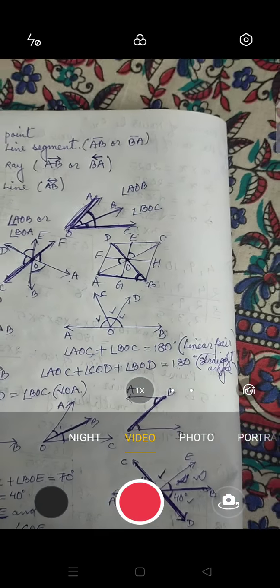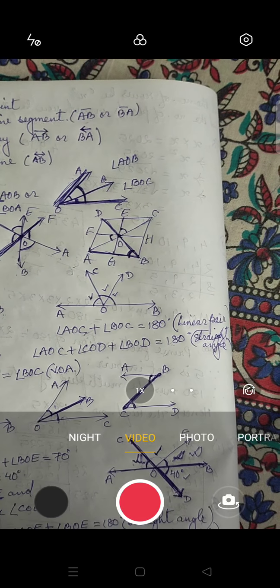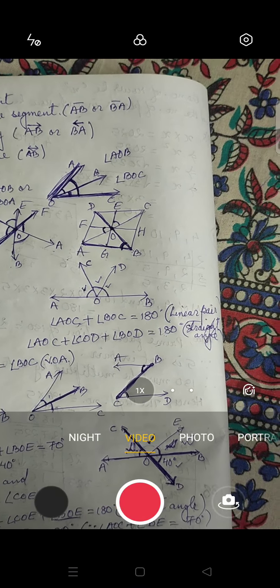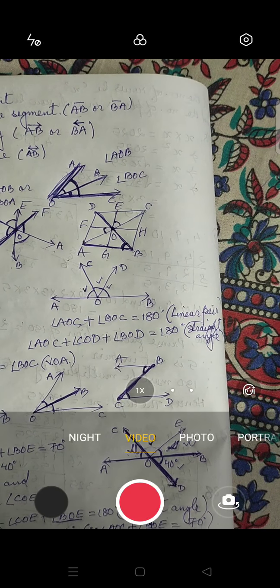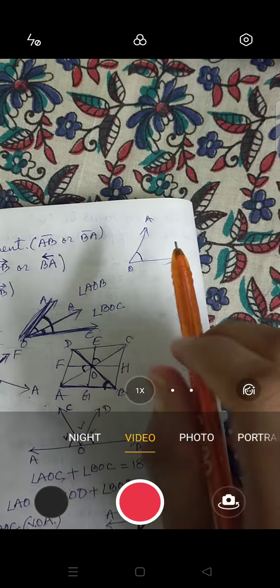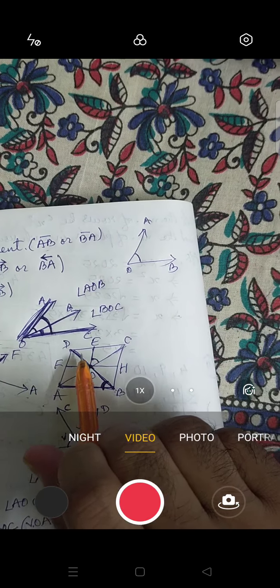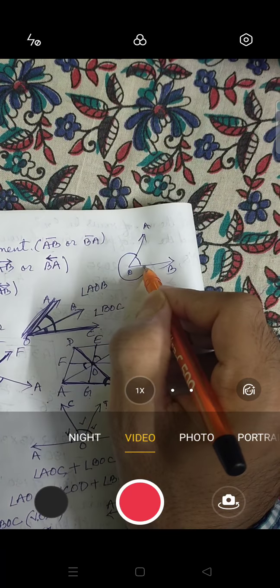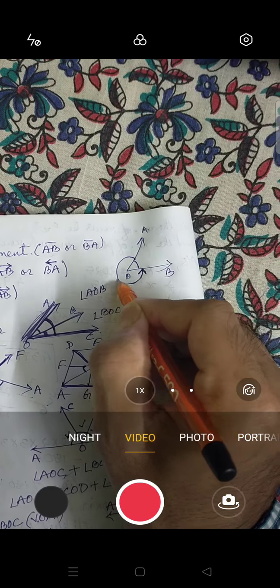If you need to find reflex angle, now the question is, what is reflex angle? So remember that reflex angle, in simple terms, is the angle which is more than 180 degree but less than 360 degree. The angle which is more than 180 degree but less than 360 degree is called reflex angle. For example, suppose you need to find the reflex angle of this, like AOB has been given. So if someone asks you what is the reflex angle of angle AOB? Very simple, this outer angle will be termed as reflex angle.